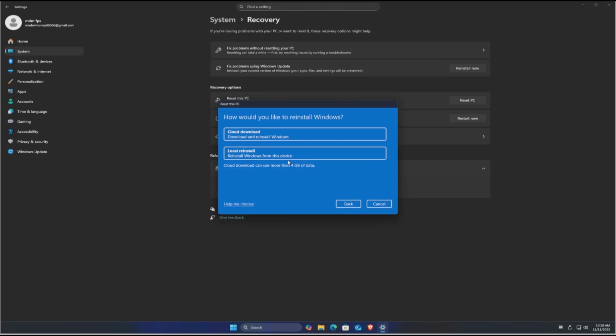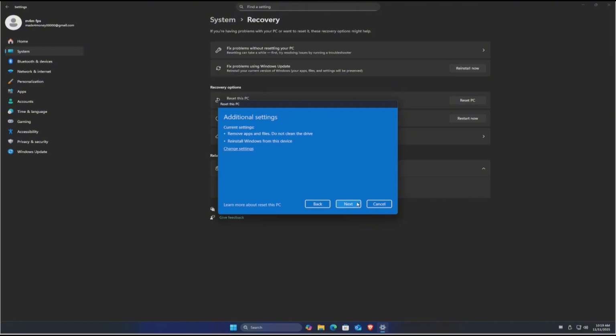Now wait for it to load, and once it loads, you'll have two options. If you're currently connected to the internet, go ahead and select cloud download. So when you click on this option, it will automatically install all available updates. If you don't want that, you can go ahead and click on local reinstall, okay, and update your computer later. This one right here will take some time, but this one does not. Okay, just select one. Now go ahead and click on next, next, follow the simple prompts, and after that,